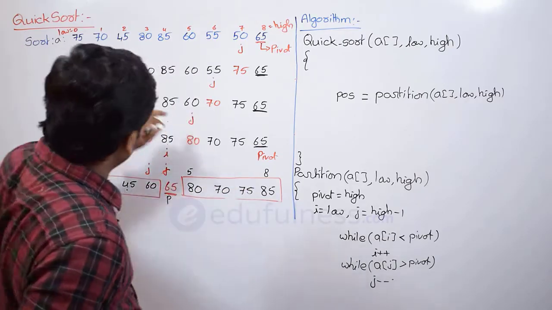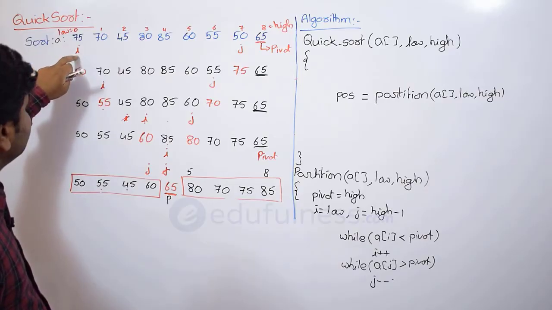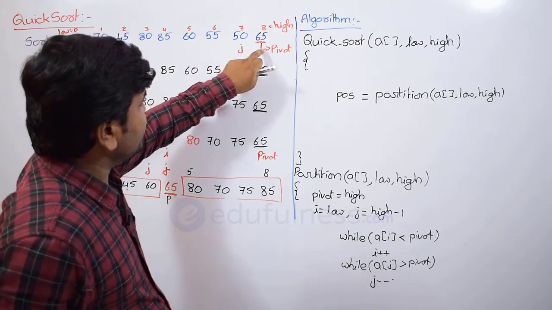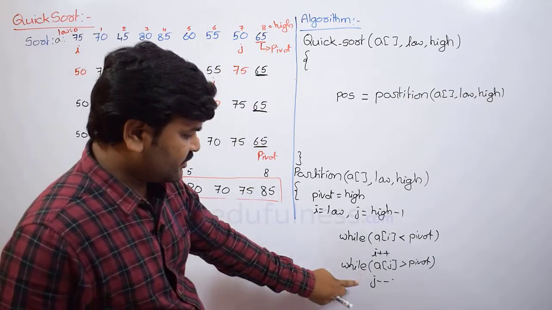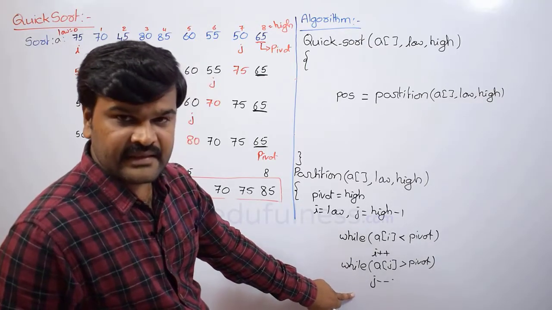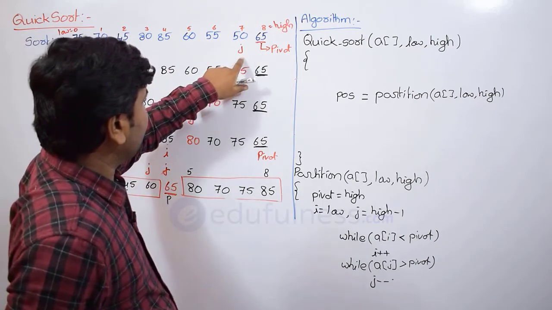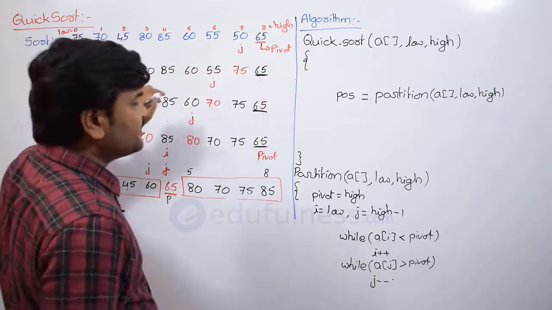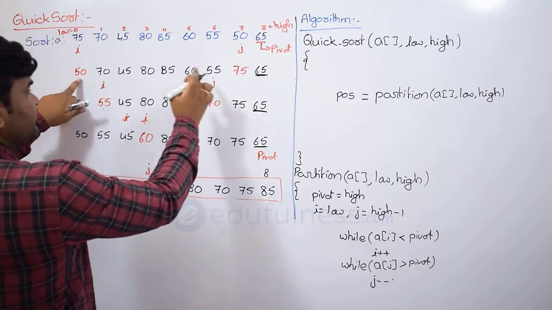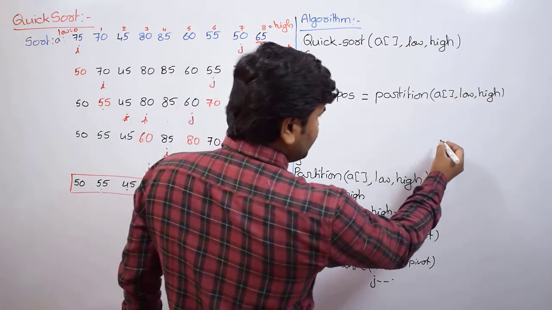So when you find the i value, that means you find an element greater than pivot, and this jth element is less than pivot, then you stop here and you stop here. After these two while loops are terminated, here you have the element which is greater than pivot and here the element which is less than pivot. So these two elements you swapped, that is what, 50 came here, 75 came here. So that is what next we are going to do here. Let us note down here.